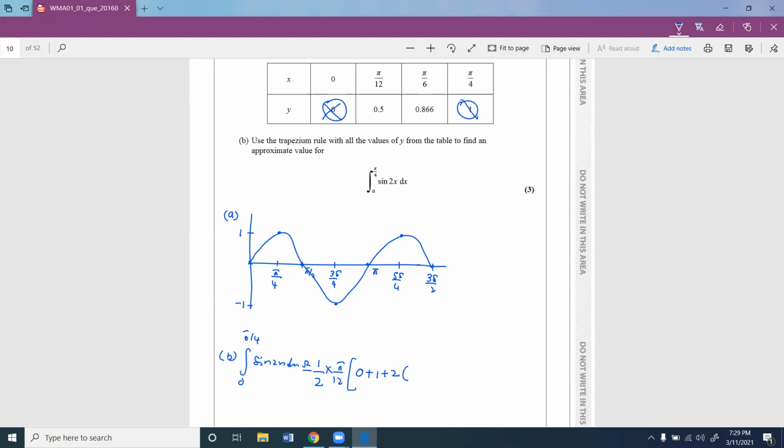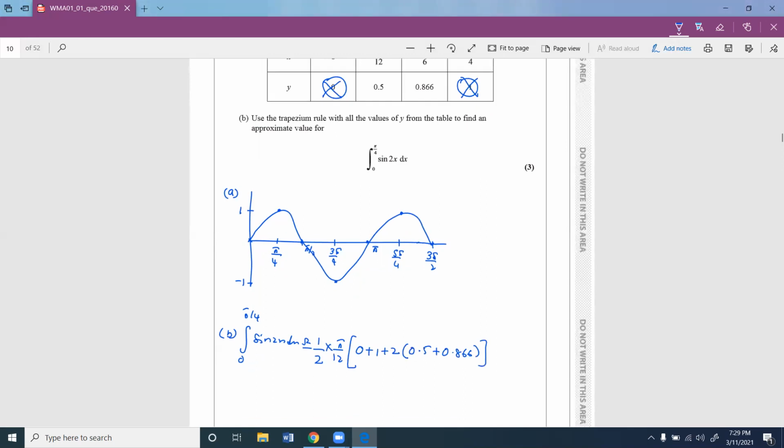Then you can work out 2 times of 0.5 plus 0.866. That would be the final answer. If you just do this, you will understand that this value turns up into pi by 12 into 2 is 24, into first y coordinate is 0 plus 1 is 1, plus 2 times, again you can say, 0.5 plus 0.866. So you get the answer